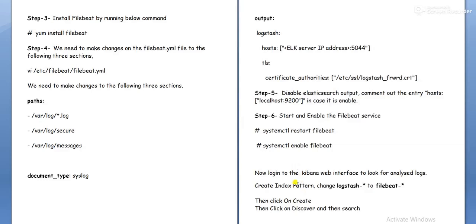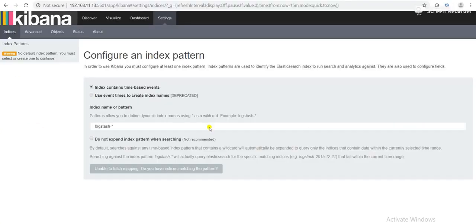Okay, so now we'll go to our Kibana web interface. Then we need to change from logstash-star to filebeat-star. So okay, this is our Kibana dashboard. It is logstash-star.